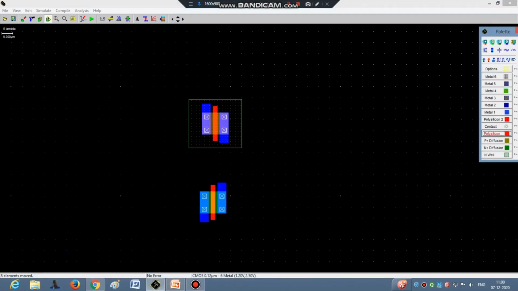So here we'll first connect gate terminals. Select polysilicon. Undo because there is no alignment.